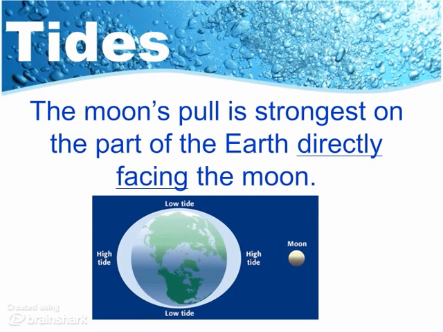Well, at the same time, the moon is actually pulling on the solid part of the planet too. And so the left-hand side of the earth actually kind of moves away from the ocean waters, or moves to the right a little bit, and that's why the left side is also in high tide too. So whatever part of the earth is in high tide, the direct opposite side of the earth is also in high tide. And then we can see that on the top and the bottom, the North and the South Pole in this picture, that they are both in low tide because that's where the waters are stretched thin.